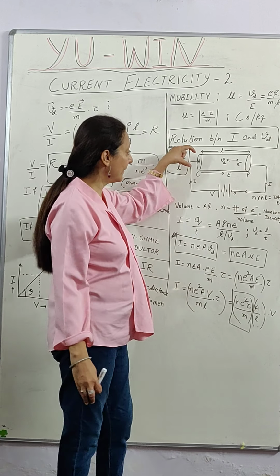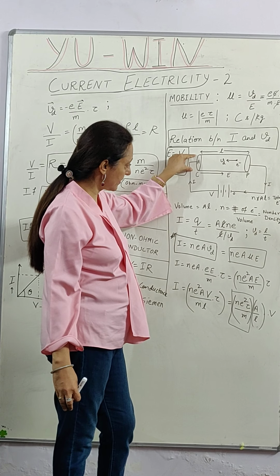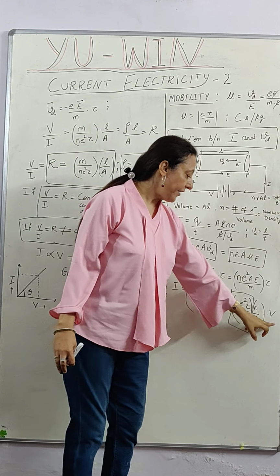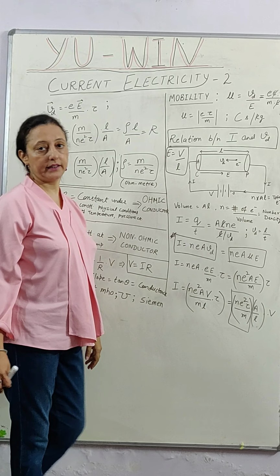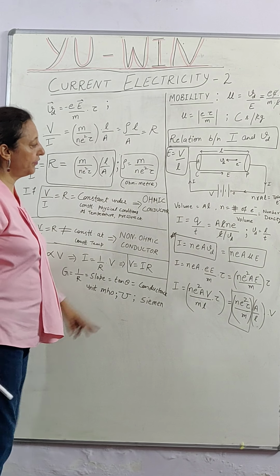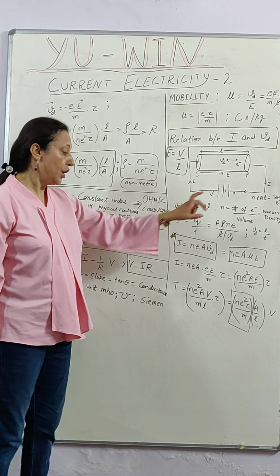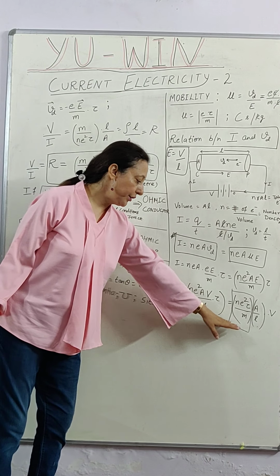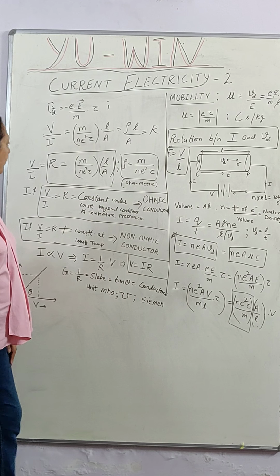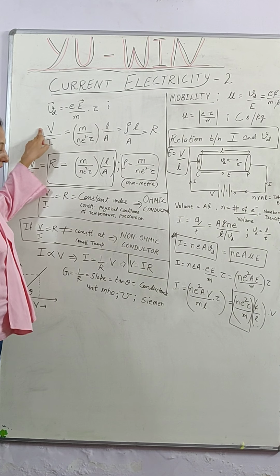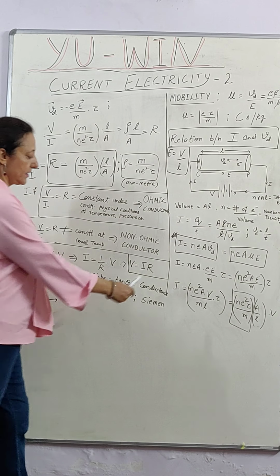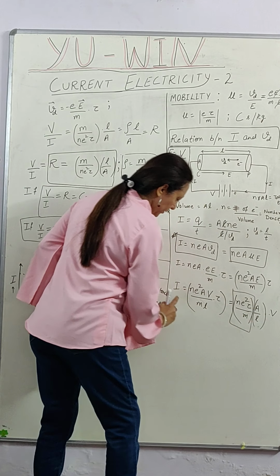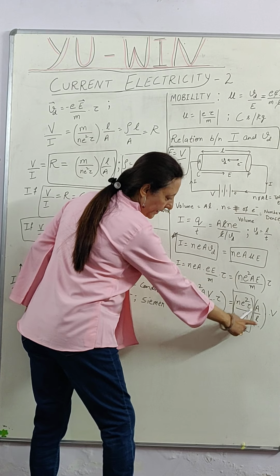That is, for the piece of conductor that I have taken, what is its area of cross section, what is its length. And V is also an external factor, that is the applied potential difference, the battery that we have used. So V and A by L are the external factors and ne square tau by m depends upon the nature of material. Now I pick it up from here only and you will see that if I cross multiply it, I is equal to ne square tau A by mL into V.